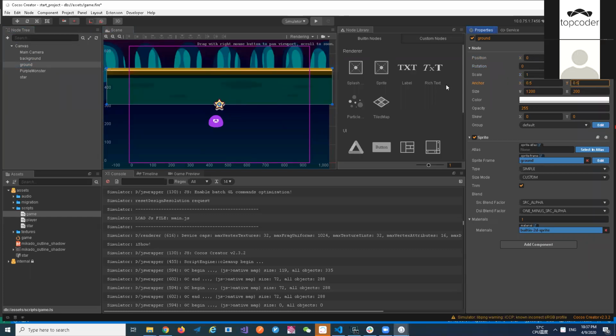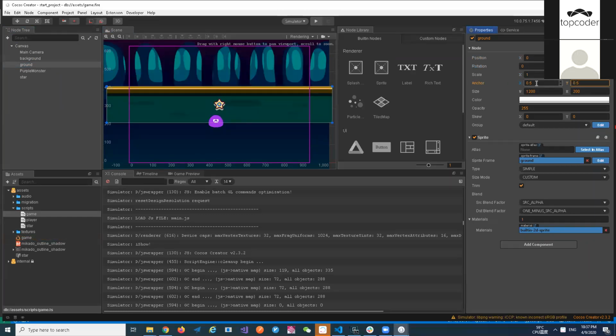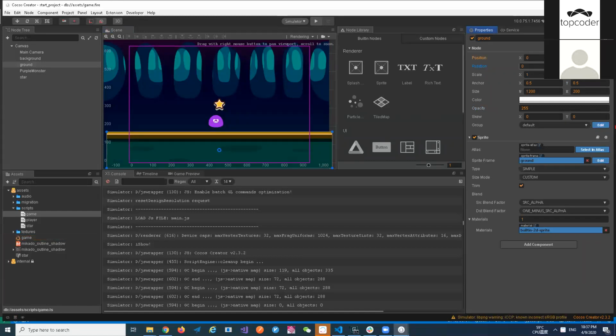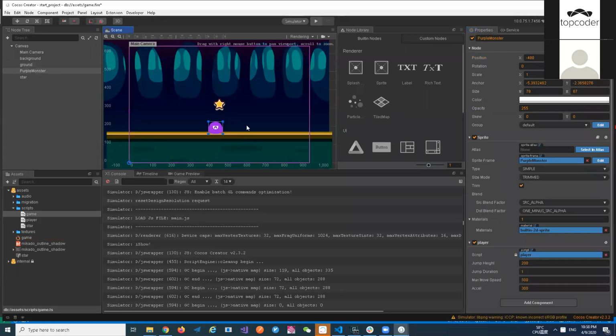Let's set it back to 0.5, 0.5. You can just set the y to negative 250, so it's like this. Okay,